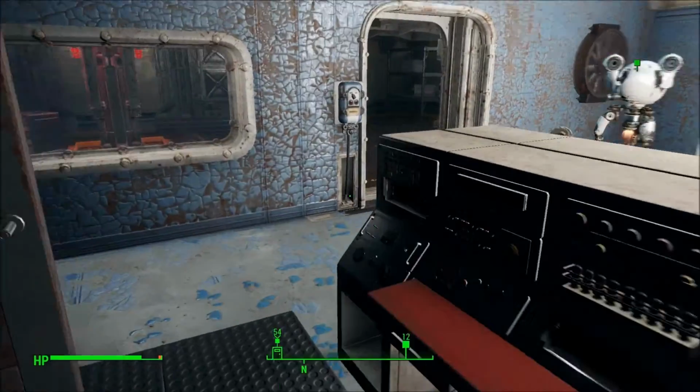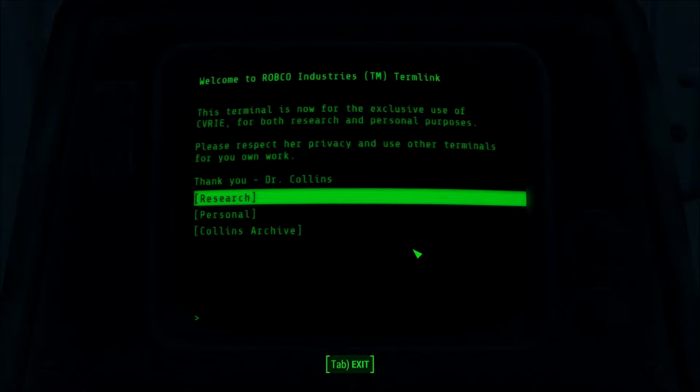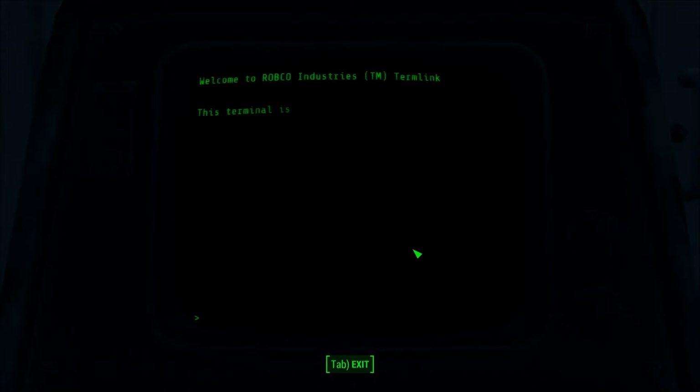Heading to the right of this terminal now is this little room here. It's pretty dark and very easy to overlook, but there's Curie's terminal, and this has, once again, a ton of information. This room is an absolute gold mine full of it, and this is where you'll find some very interesting